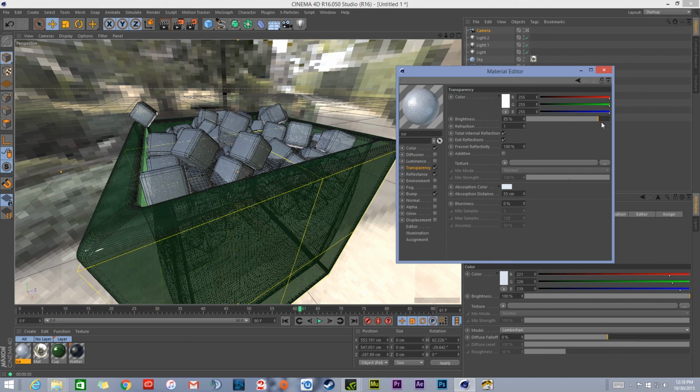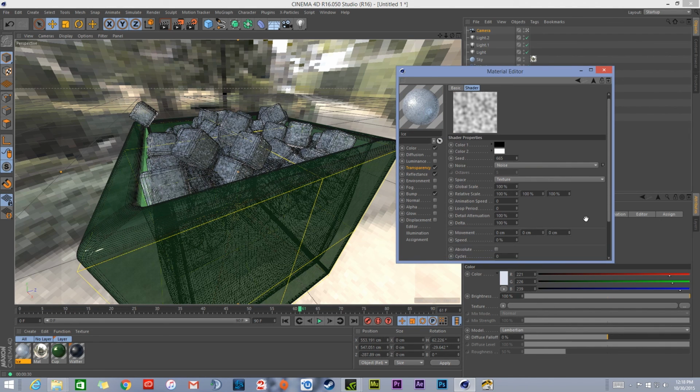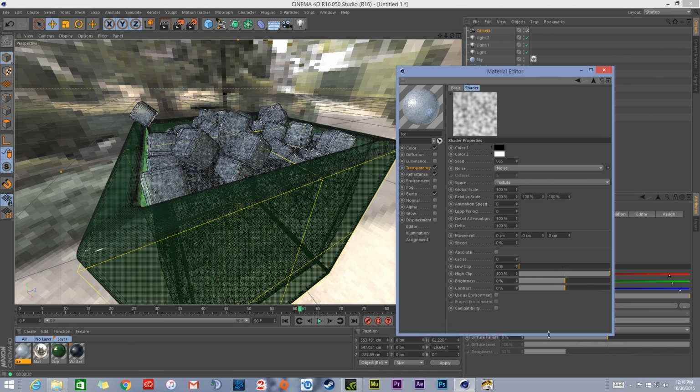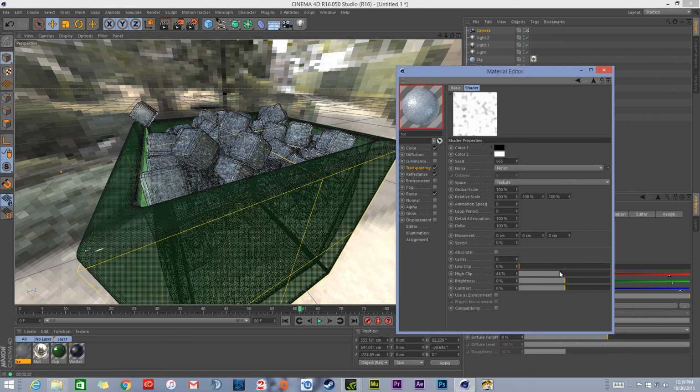We're going to take our transparency and pull that up. But here's the thing, we're going to leave that at 95, but we're going to take our reflection strength and go to noise, and pull that to heavier white. So we're going to pull this back. All the black is transparent. Where's all the white? I think it's all the white. Yeah, all the white's transparent. So we're just going to pull that